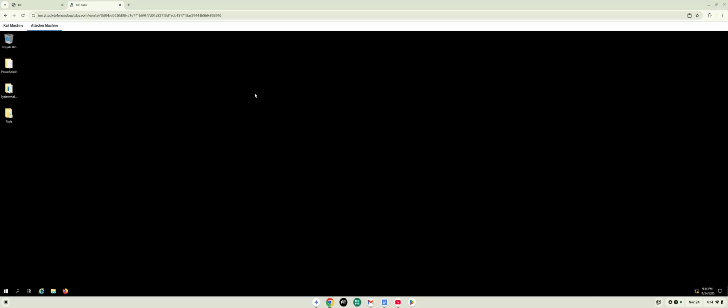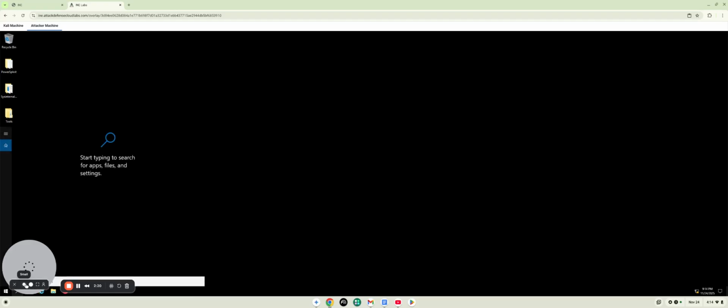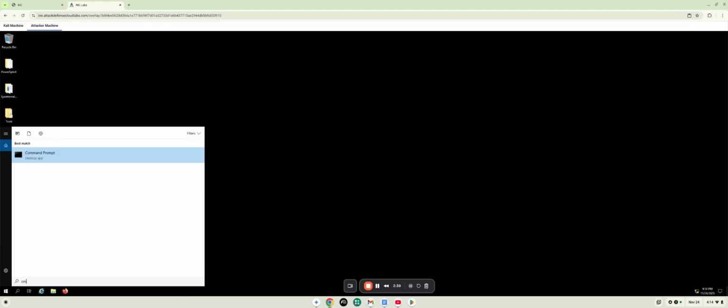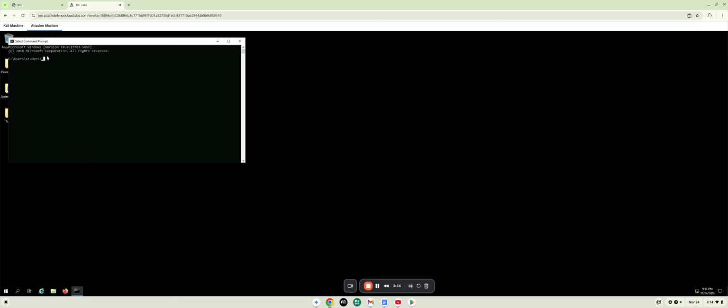So starting off within the target host here, I'm just going to enumerate some things to get us started. In order to do that, I'm going to open up the command prompt window. CMD. All right, so this is going to open up the command prompt, and then I'm going to say net